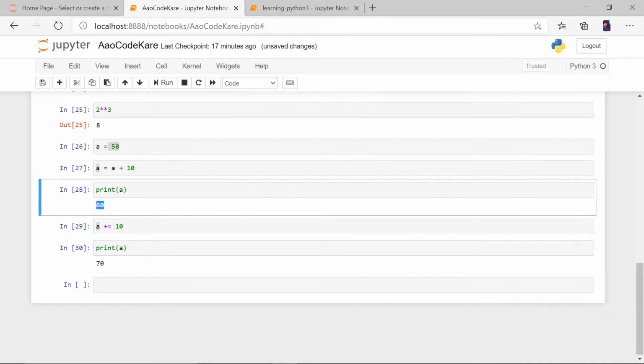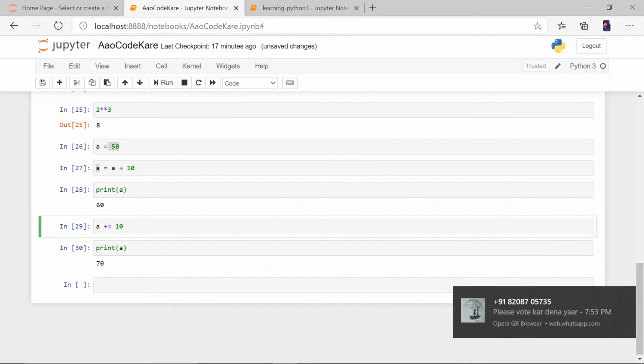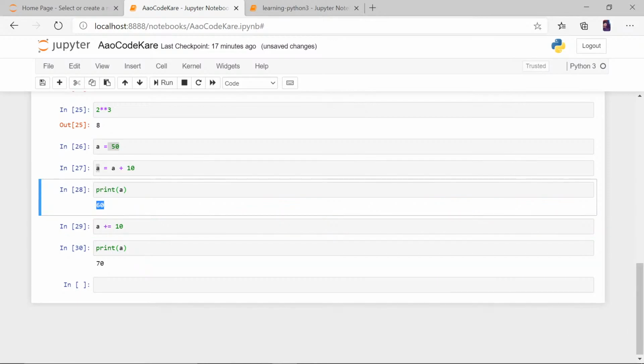Then you see the right part. So a plus the right part 10 is 70, and then equal to, so a is again assigned whatever the total was. So a plus equal to 10 means the previous value of a, that is 60, would be taken, the value on the right hand side would be added, and then equal to, so it will again be assigned to a. It is the same as this, just shorter. I think this is easy to digest.